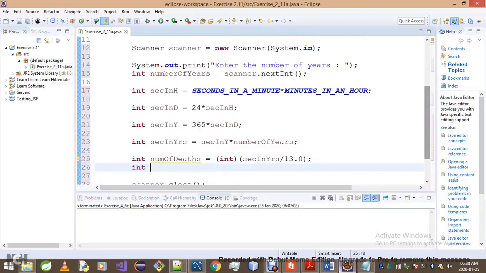Okay, what else? We gotta know the number of births. So we're told that every 7 seconds one person is born. So what we're gonna have is simply sec in years